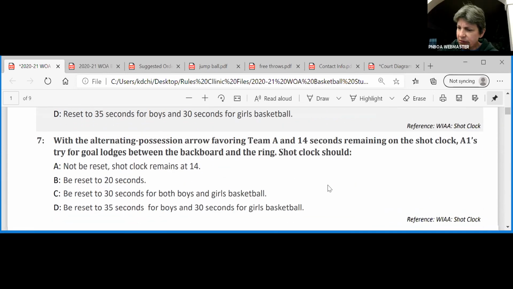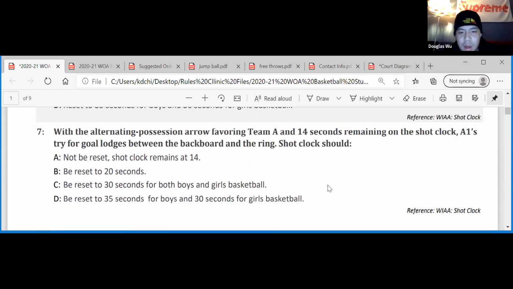Okay, Doug, number 7. Oh man, with the alternating possession arrow favoring team A and 14 seconds remaining on the shot clock, A1's try for the goal lodges between the backboard and the ring. Shot clock should,